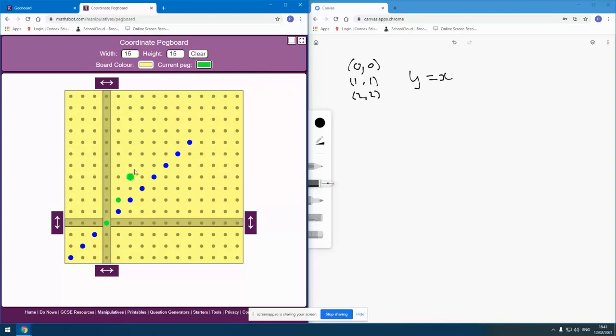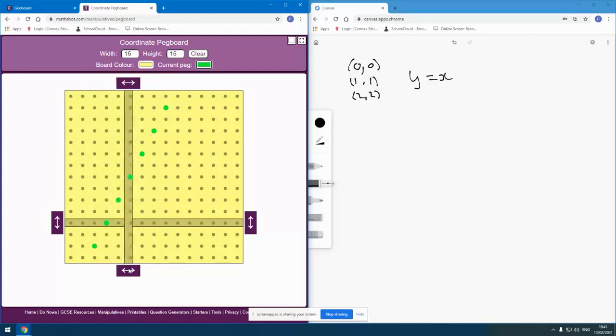I could pop in my y equals, oh, not that one. My y equals 2x. And what's really nice about this, if I turn that one off for a minute, is I can actually then start shifting the axis about and saying, okay, well, what's happening here now? How is that changing? What's changing? What's staying the same